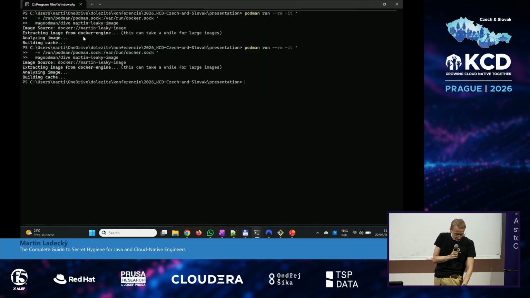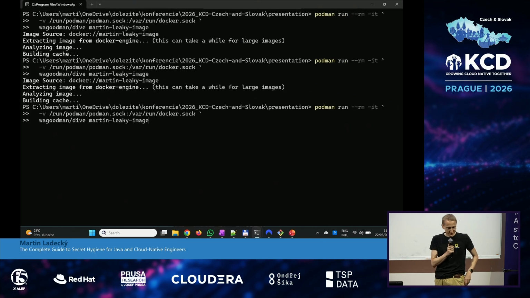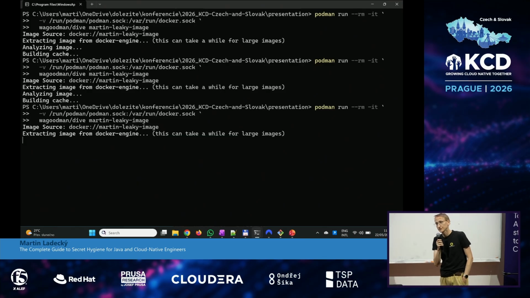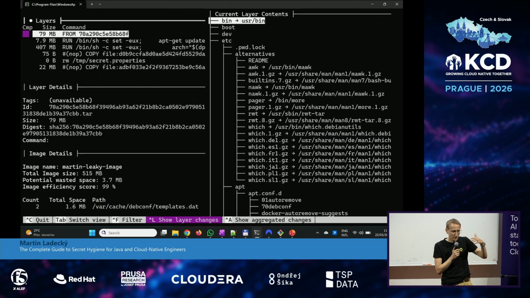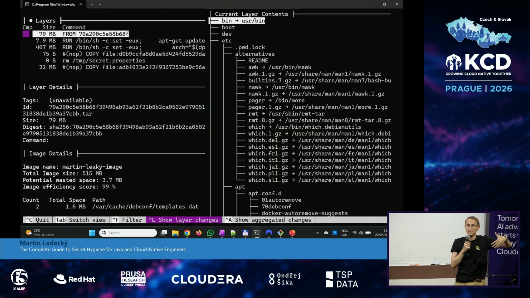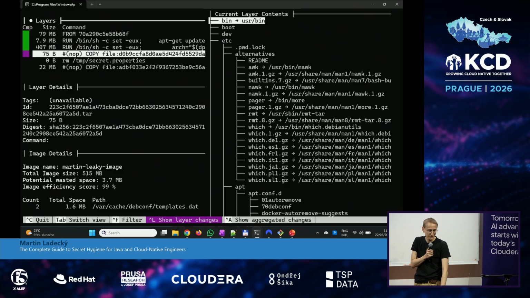And what you can do, there is a tool called Dive. And the Dive can show you all the Docker layers. Because maybe you ask yourself, why is my Docker so big? Right? I copy one file, I deleted it. But the image is still big. And that's because here, in all these layers, it never forgets. The layer is there forever. Okay? It's not like you delete the file and it's deleted.